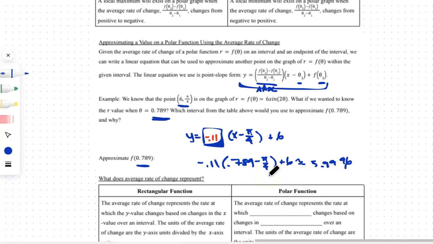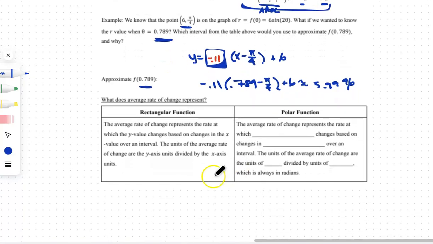But the point is that you can create a secant line and use the secant line to approximate another point on the curve. And then the last thing we're going to talk about here is that in a rectangular function, the average rate of change is the change in y based on the change in x, and the units are the change in units of y over the change in units of x. The average rate of change in a polar function is the rate at which the r value, the directed distance from the origin, changes based on changes in theta over a specific interval, and the average rate of change units are the units of r divided by the units of theta,